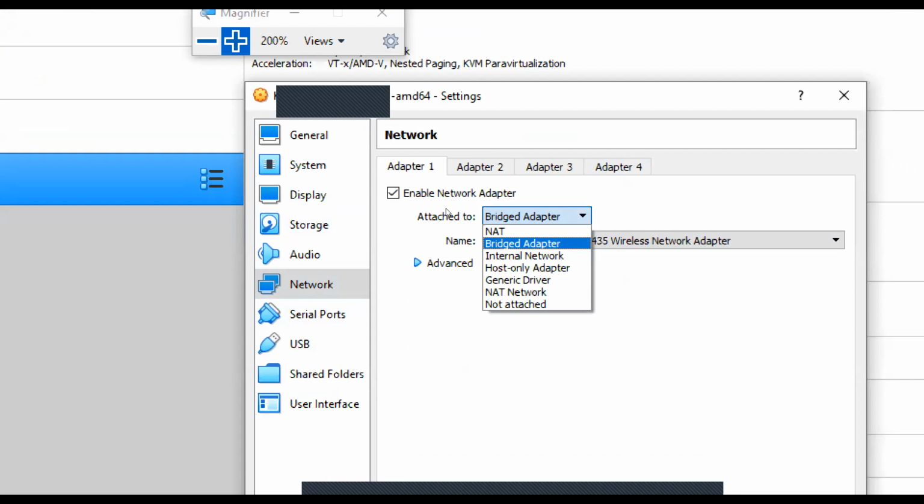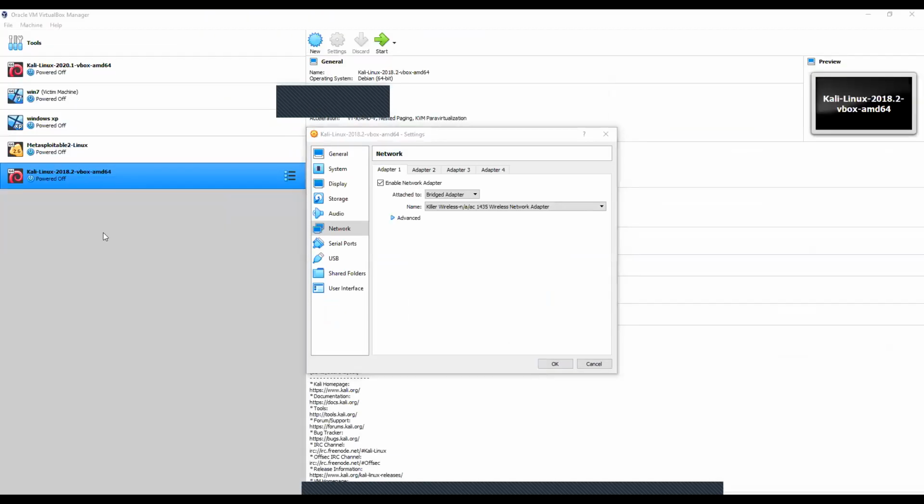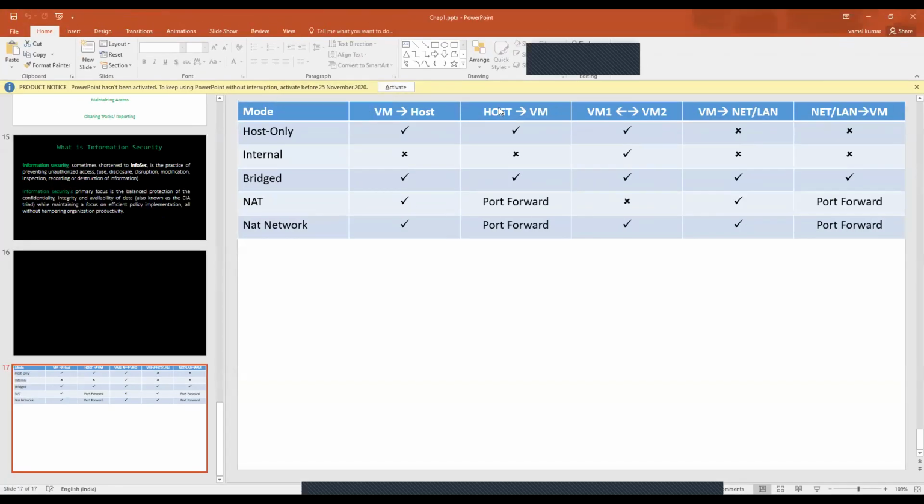Now you need to learn the differences between NAT, bridged, internal, host only, generic, NAT network, and not attached. So I'll open up a presentation where I have included what each of these means. Let me open up the PPT and show it to you. All right, you are able to see this.